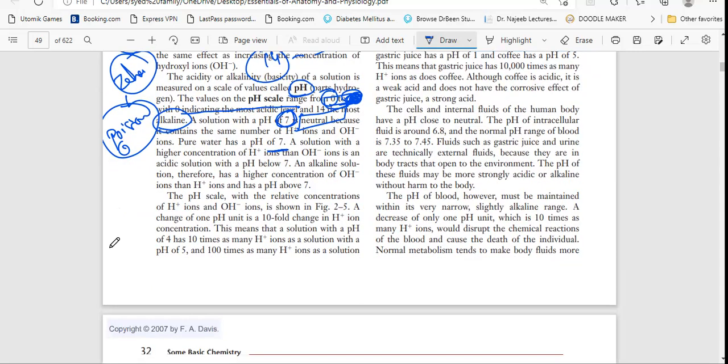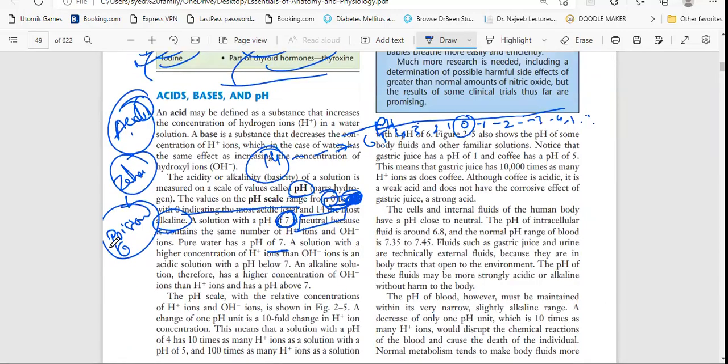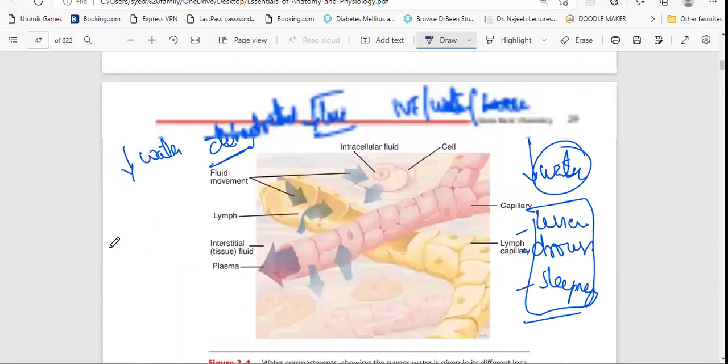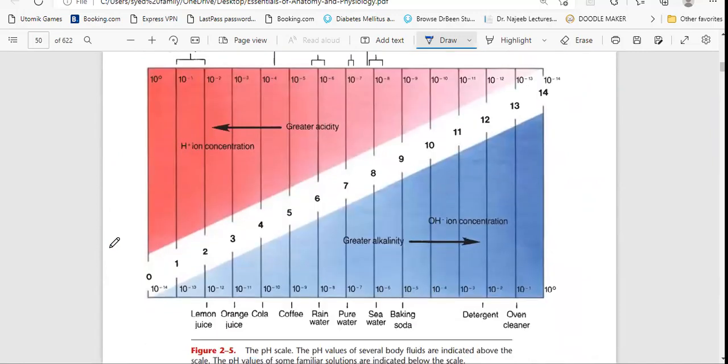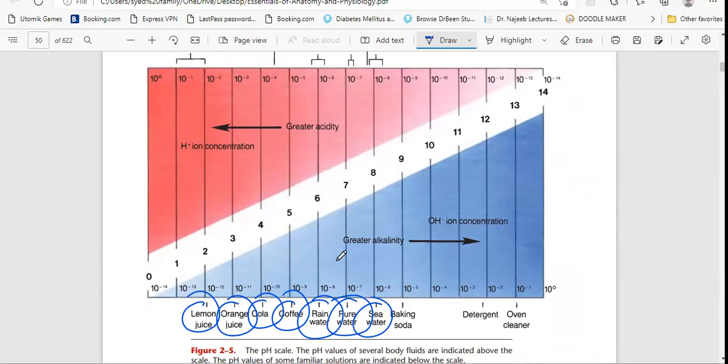So we have to understand that pH is very important; it is a basic, necessary thing we have to maintain in the body. Here one scale is given, 0 to 14. In that we have lemon juice, orange juice, Coca-Cola, coffee, water, seawater, baking soda, detergent, oven cleaner. Here we started with 0, with high concentration of